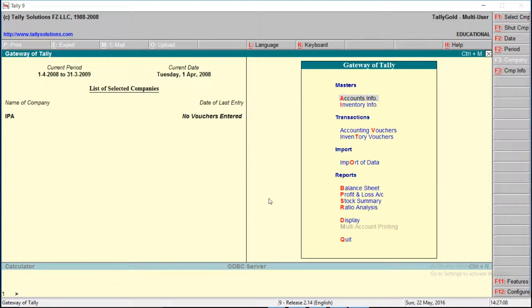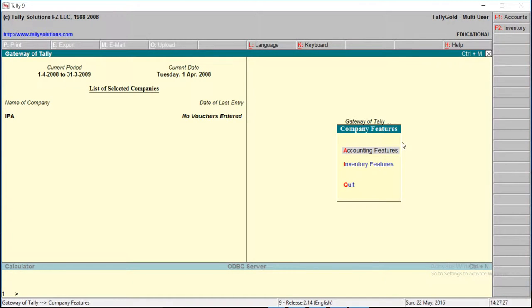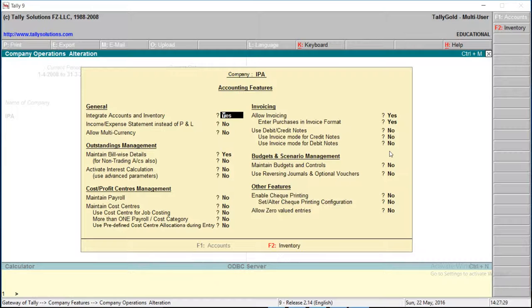Enter, enter. So you can see here accounts info, inventory info, accounting vouchers, inventory vouchers, but we cannot see the payroll info. Go to features, accounting features, with the down arrow key, the maintain payroll must be yes.